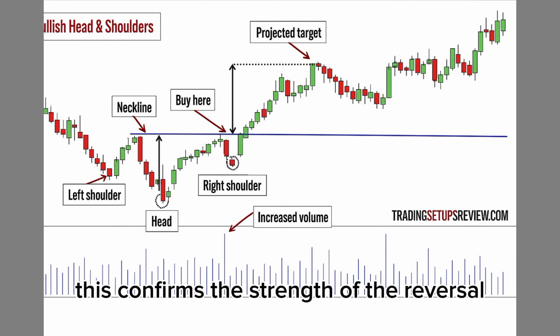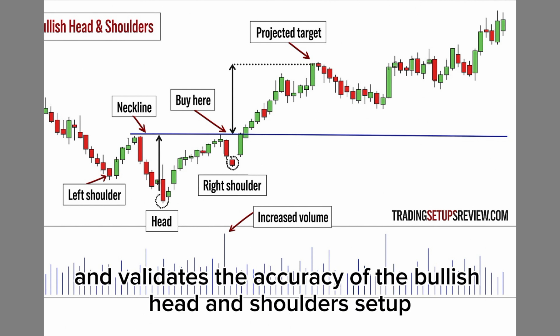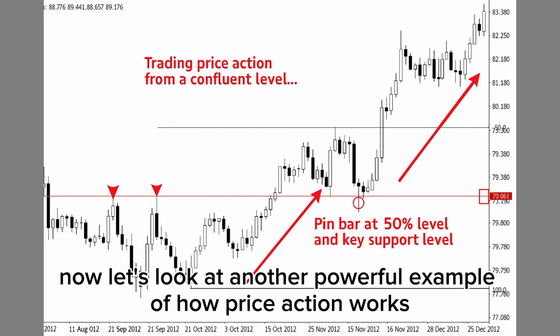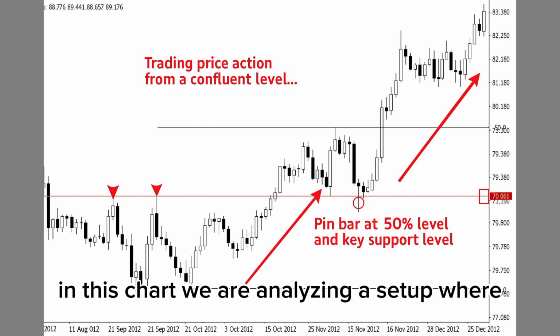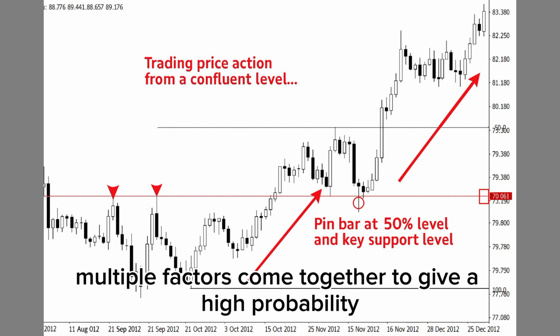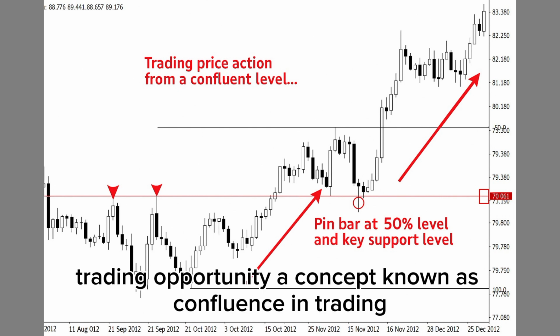This confirms the strength of the reversal and validates the accuracy of the bullish head and shoulders setup. Now let's look at another powerful example of how price action works when it aligns with key confluence levels. In this chart, we are analyzing a setup where multiple factors come together to give a high probability trading opportunity,